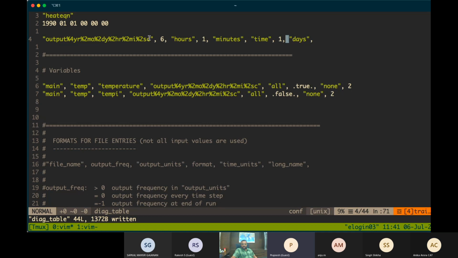I mean that the model is getting coupled every 1 hour, right? All physics will be calculated at 1 hour frequency. Then that model will write output every 6 hours. So for 1 day, I will have four time frequencies in one file, and then for the next day there will be a second file with 4 outputs like that. Yes. That's because let's say you're running very long runs, thousands of years or hundreds of years. If it comes in one file, it will be too big and difficult.